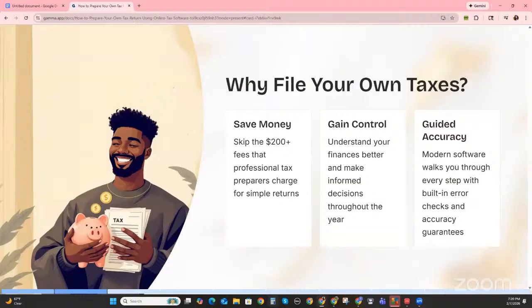Using professional software that is available readily online, we can do that all on our own. You could do that on your own. This will allow you to gain control of your finances and understand your finances better, especially throughout the year. It allows you to do that. So